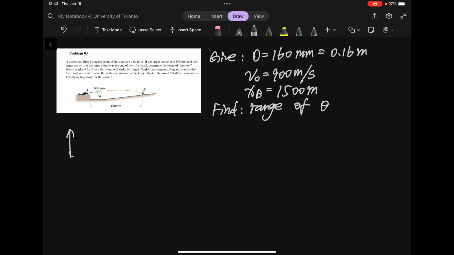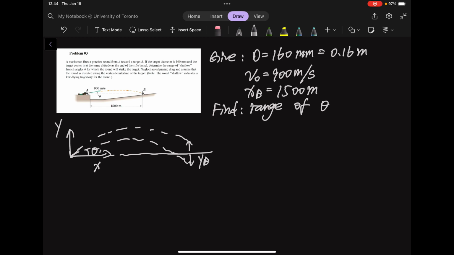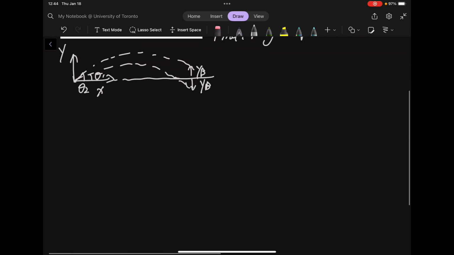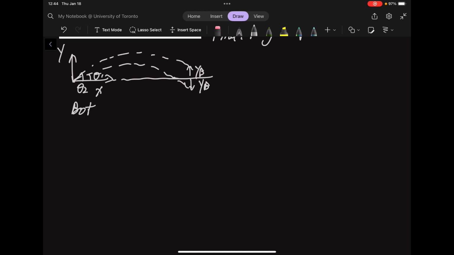So we can draw a diagram right here. We set the marksman at the origin. Here is our YB. If we reach the bottom of the target, here is theta 1. If we change our angle, we will reach the top of the target. We call this theta 2. So let's get started. When we reach the bottom of target, YB is equal to negative